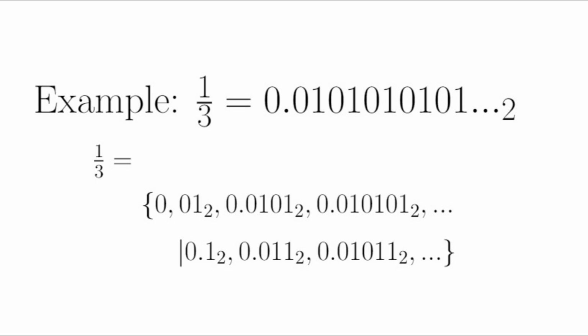Let's start with 1/3. Now in binary, 1/3 is equal to 0.010101, etc. on forever. This can also be expressed as the sum of 1/4 plus 1/16 plus 1/64, etc. on forever. Since the binary decimal expansion does not terminate, neither does the sum. So we know that the birthday of 1/3 is omega. To find a form to represent 1/3, I need a monotone increasing sequence of numbers less than 1/3 for the left part, and a monotone decreasing sequence of numbers greater than 1/3 for the right part that both converge to 1/3.